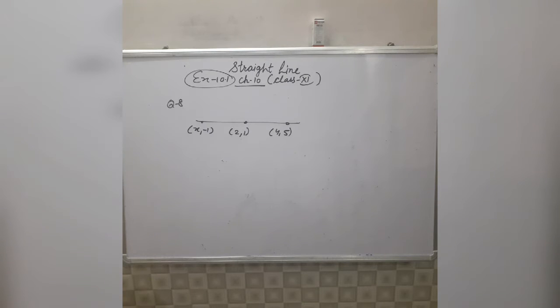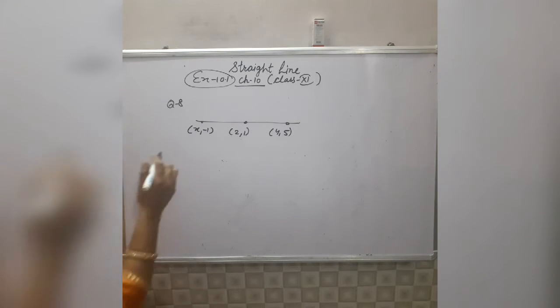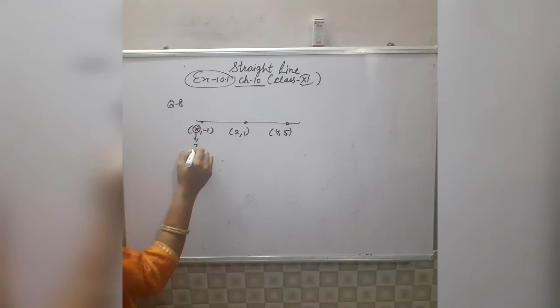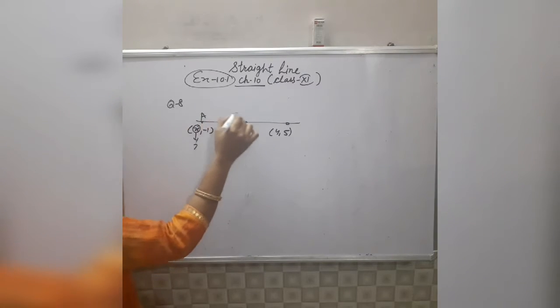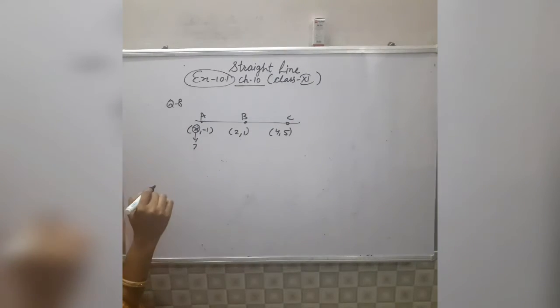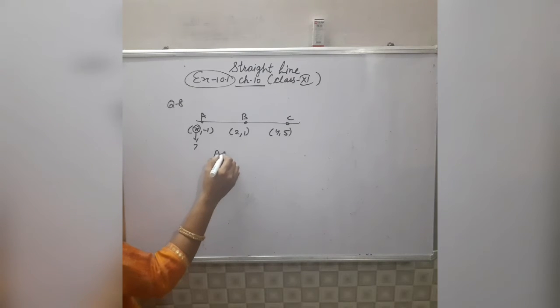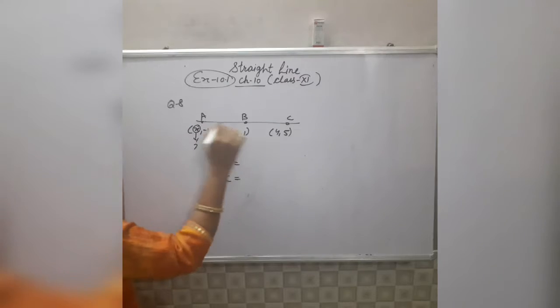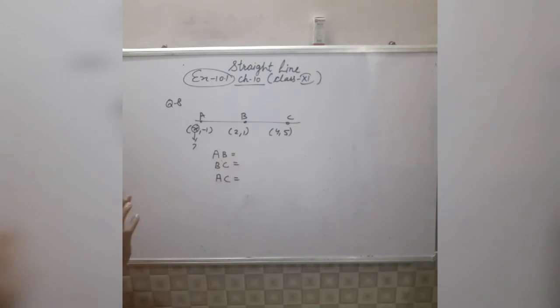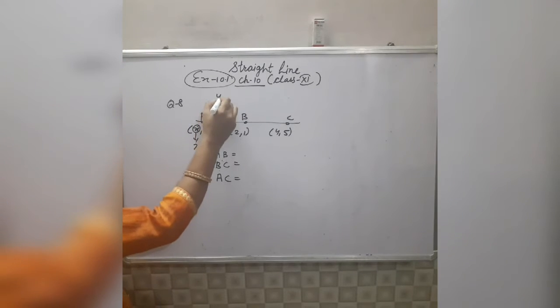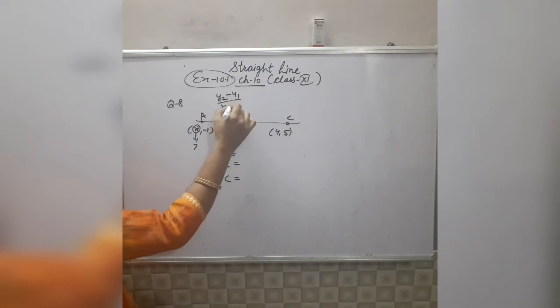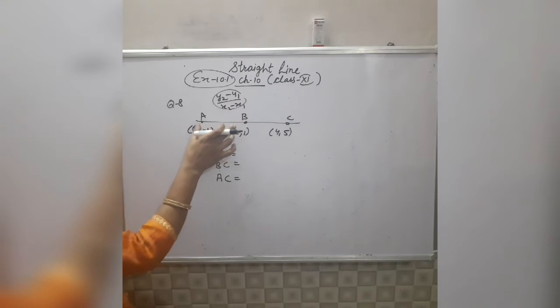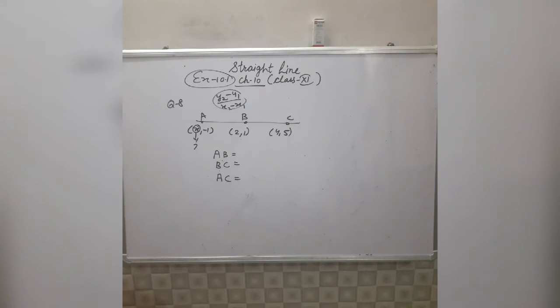Now this is already given to you, these points are collinear, but we have to find out the value of x in this case. Now see, let us suppose this is A, this is B and this is C. We will find out in this case the slope of AB, slope of BC and then the slope of this complete line AC. Now one by one we will find out the slope. Now which formula will we use for slope? Yes, very good, y2 minus y1 by x2 minus x1, because 2 points are given to you in this case.